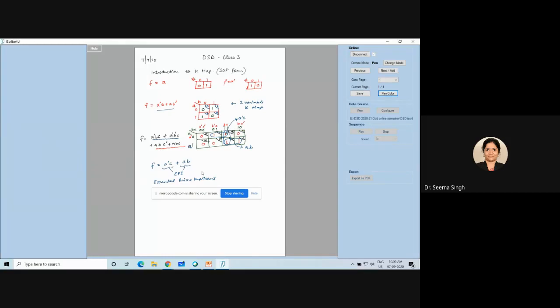And now this third pair, the vertical pair, let us do it, no problem in doing that. We will do it, but it is not essential. Why is it not essential? Because the ones which it is trying to pair are already covered by another pair. So it is not necessary, but still we can do it and we will do it now.